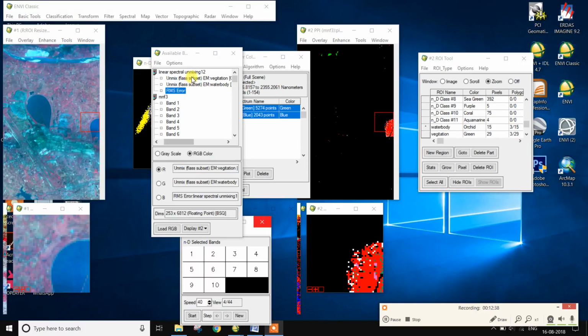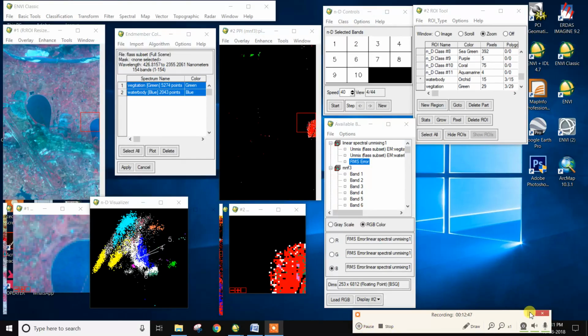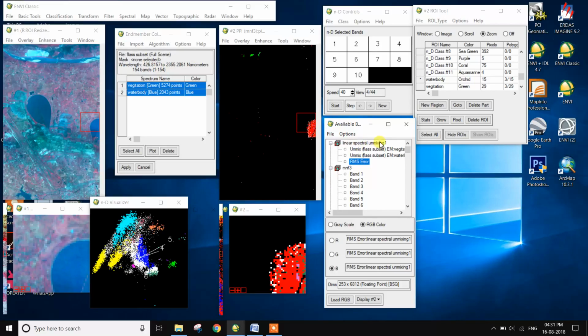So open the linear spectral unmixing image. So open this linear spectral unmixing. So open the linear spectral unmixing image. So grayscale, open this image.